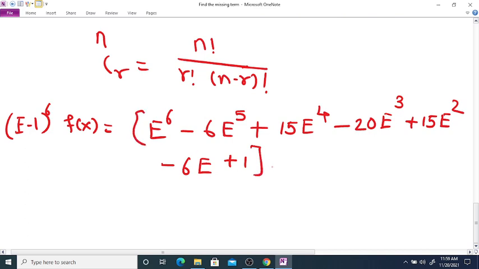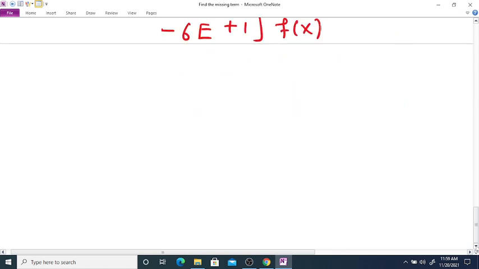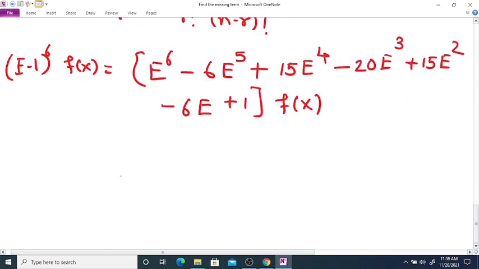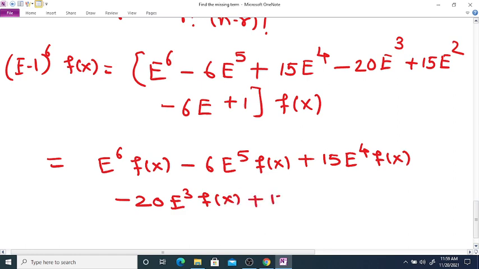Into f(x). So if you multiply this f(x) inside the bracket, then it is equal to e^6 f(x) − 6 e^5 f(x) + 15 e^4 f(x) − 20 e^3 f(x) + 15 e^2 f(x) − 6 e f(x)